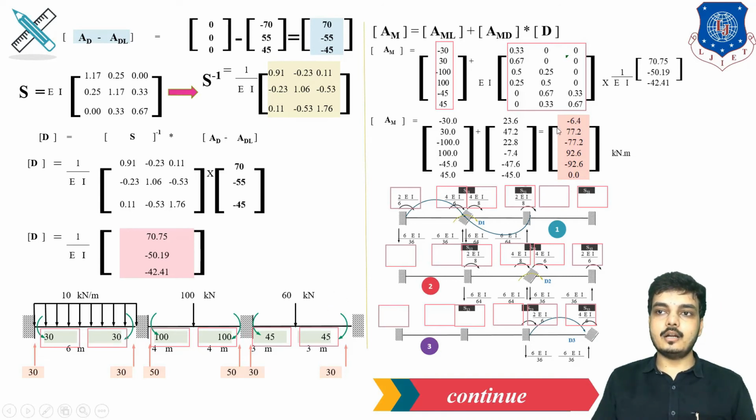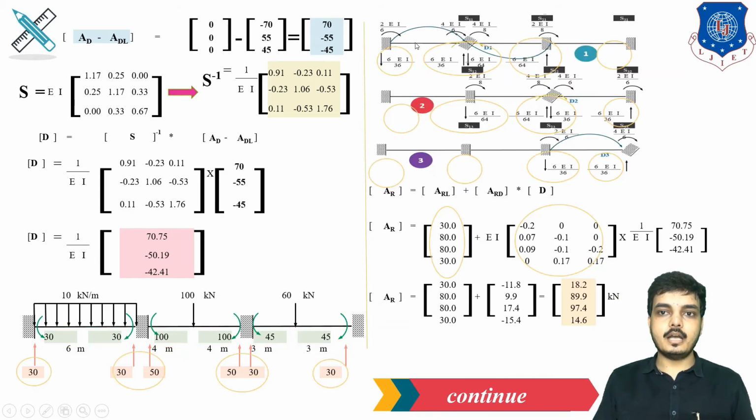So after finding out AM, the next step is to find out AR. It is kind of similar, like we found AM, we have to find out AR. Let's check. Now here you can see this roundup I have made for your reference. This is just kept for your reference only, to understand how the values came.